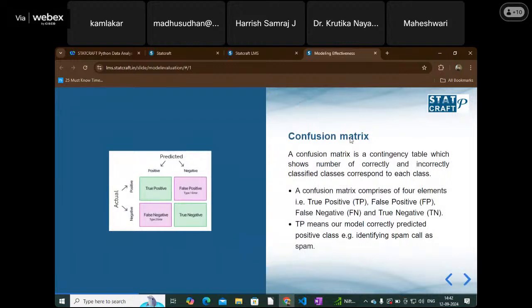So this is how the confusion matrix looks. On this side we have actual negative and positive classes. These are the actual, meaning contained in our data set, and these are the predictions by our machine learning model. So what is a confusion matrix? It is the contingency table which shows number of